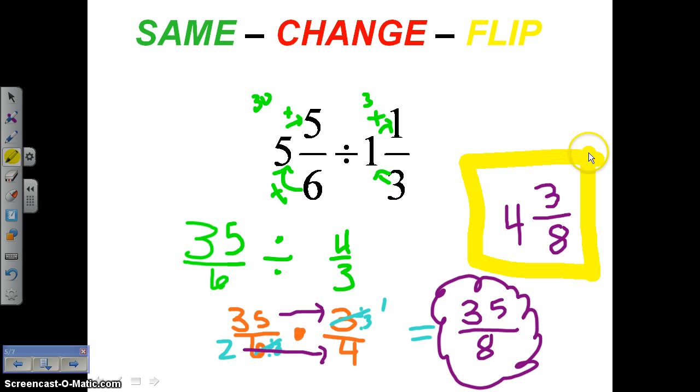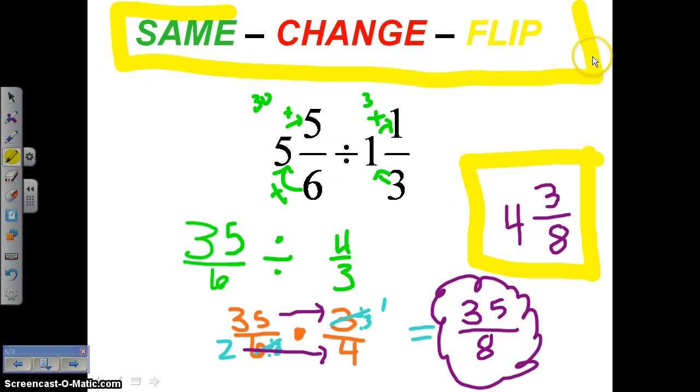So, to reiterate, in order to divide fractions, number one, you have to make sure all mixed numbers are improper, like this last problem we had. Number two, you need to use the idea of same, change, flip. Same fraction at the beginning, change division to multiplication, and then you flip the last fraction by using the reciprocal. That is how we work with dividing